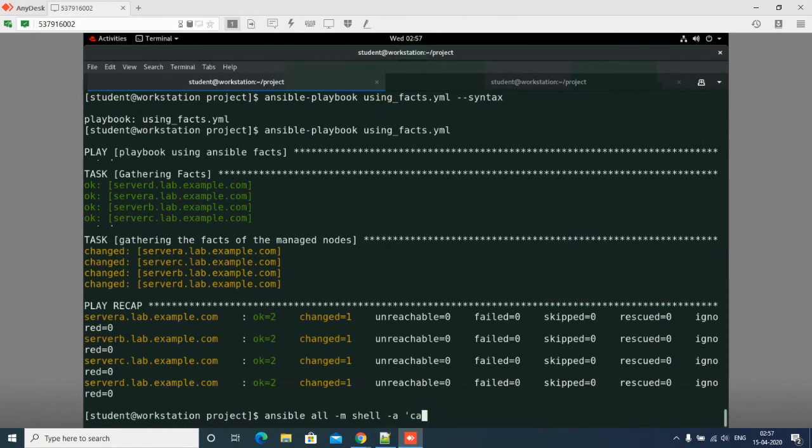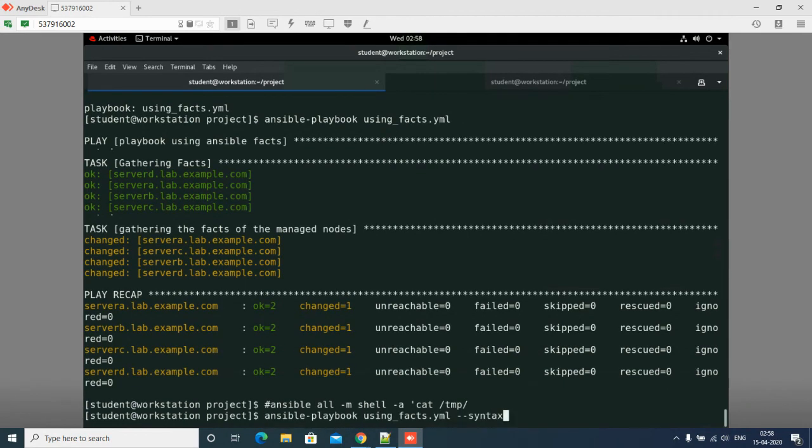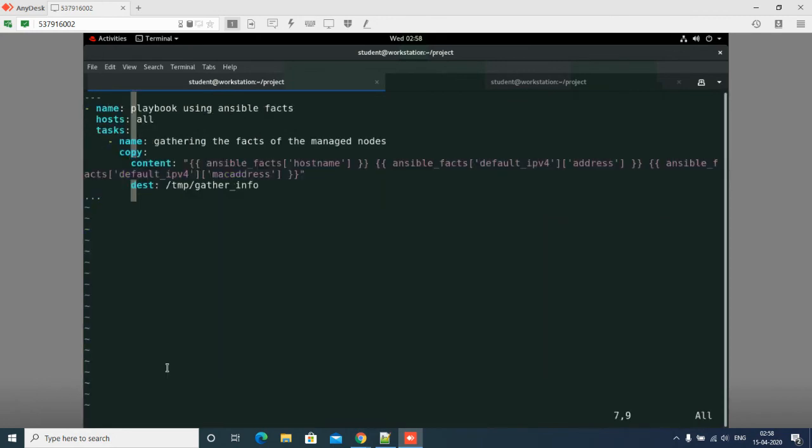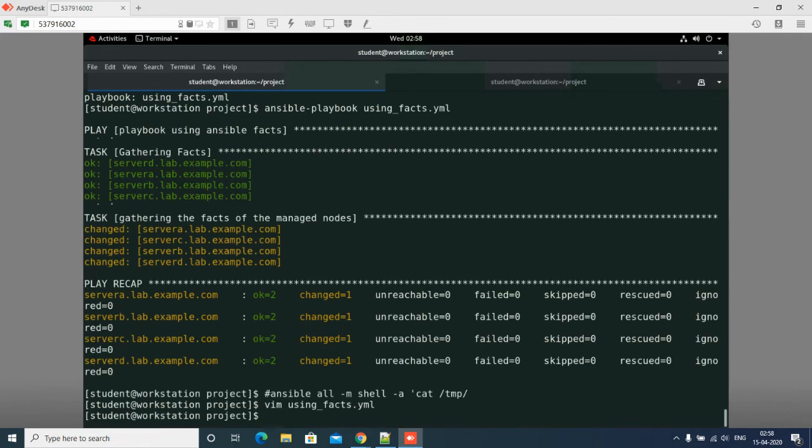cat /etc, no, I have created inside /tmp. Inside that I have created something, I forgot the name. One second, let me take it from here only: gather_info.